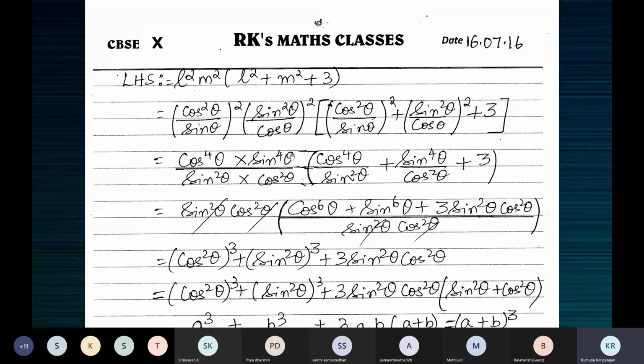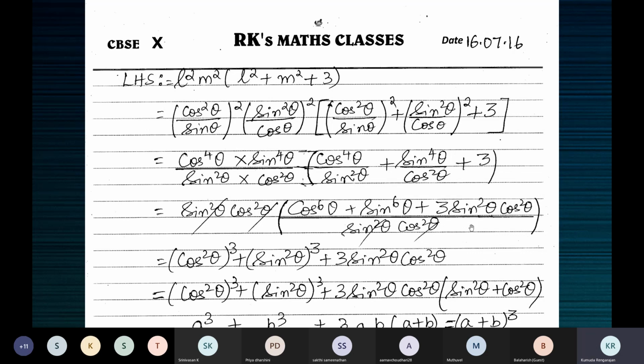Similarly, sine theta to the power 4 is like a to the power 4, and this is a square. So don't simplify them like that. You get sine square theta, cos square theta. First we write it, and in the next step they get cancelled, children. I have not cancelled this. On simplifying this one, we get sine square theta, cos square theta. Then later on, taking the LCM, they get cancelled. So this one simplifies to sine square theta, cos square theta.